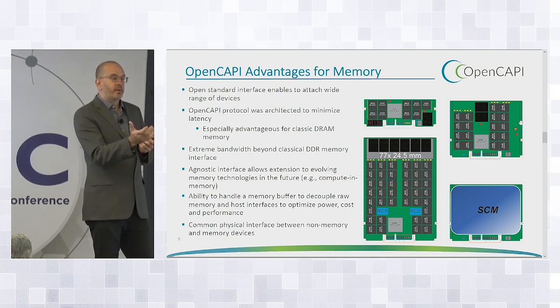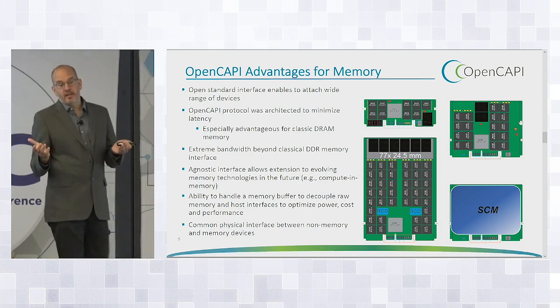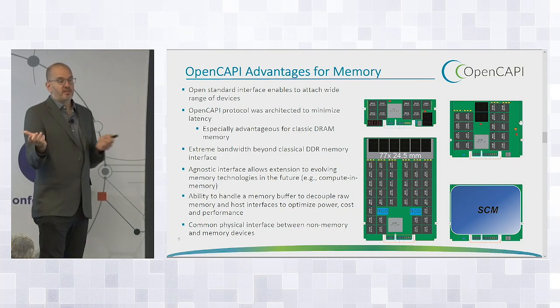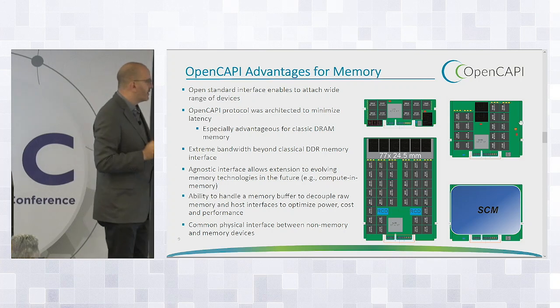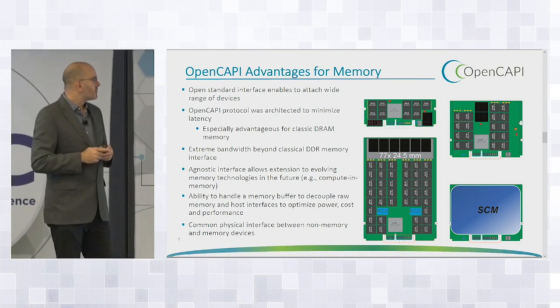So I do a load out to memory, and when the data comes back, it might be out of order, it might be at variable latency. It comes back, and I don't care whether it was DDR4, phase change memory, or graphics memory. The load went out to the network, right? So attaching memory with differential signaling is tremendously the right way to go.